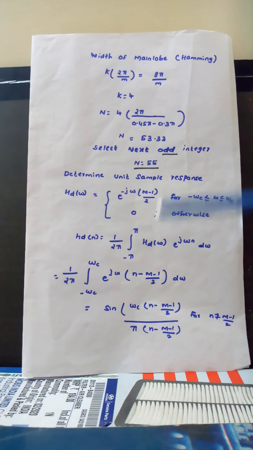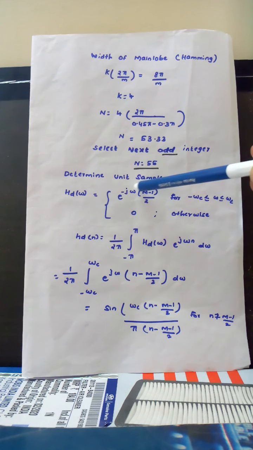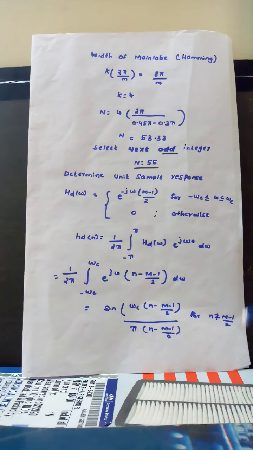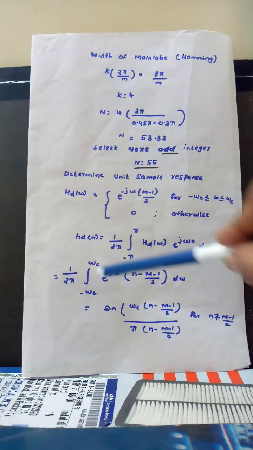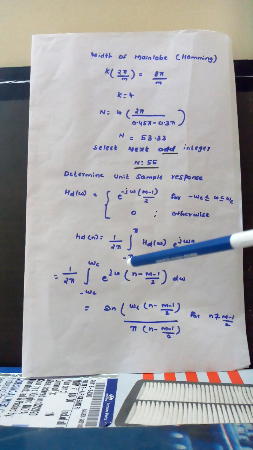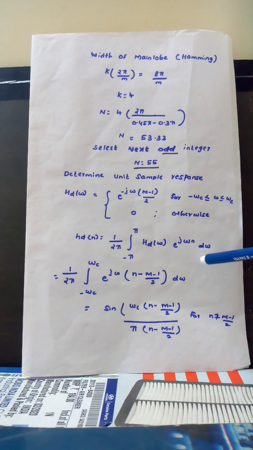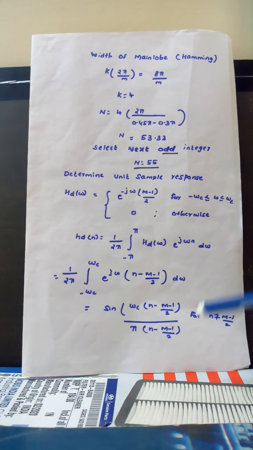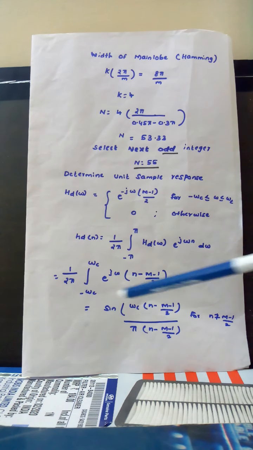So in this, we have to find it. If you find it difficult, you can keep tau also, and change the final answer to m minus 1 by 2. For this desired frequency response, we are finding the inverse discrete Fourier transform. The formula is 1 by 2 pi integral over minus pi to pi of Hd of omega into e to the power of j omega n into d omega. Here the desired frequency response is this term, and the integral limits are from minus omega c to plus omega c. Correct. If you solve this, we get the final answer.